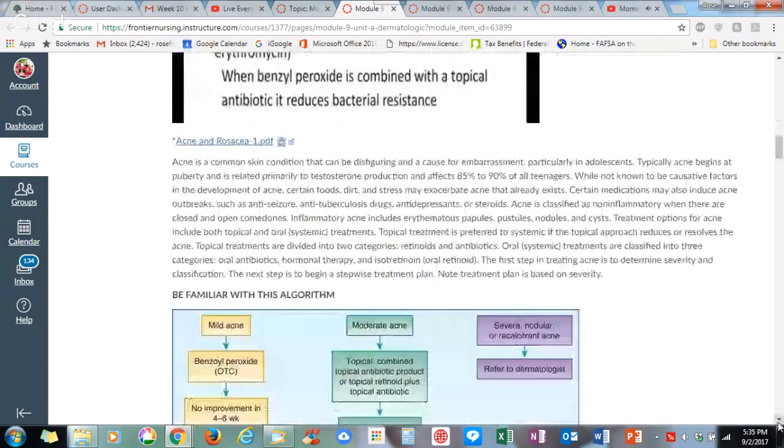Acne and rosacea. Acne is a common skin condition that can be disfiguring and a cause for embarrassment, particularly in adolescence. Typically, acne begins at puberty and is related primarily to testosterone production and affects 85 to 90% of all teenagers. While not known to be causative factors in the development of acne, certain foods, dirt, and stress may exacerbate acne